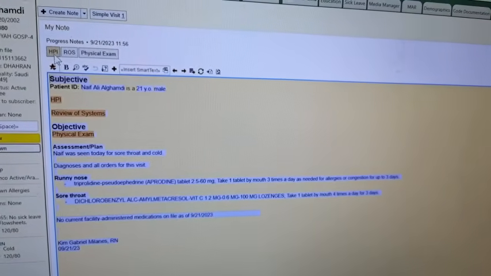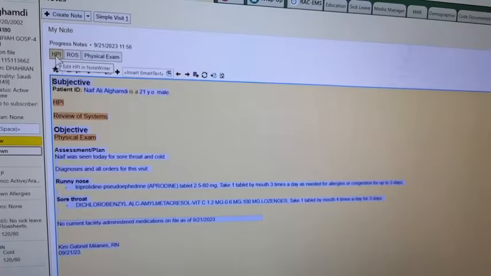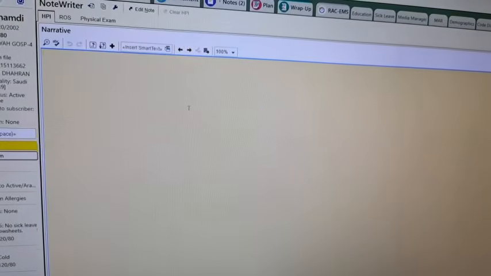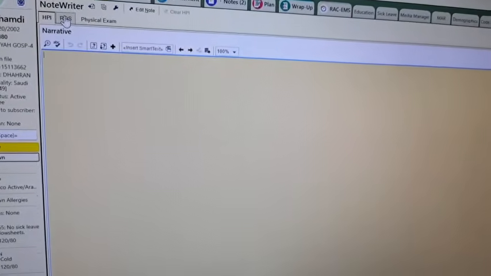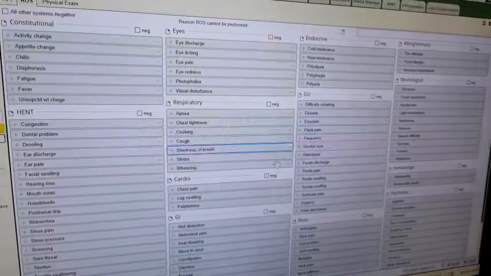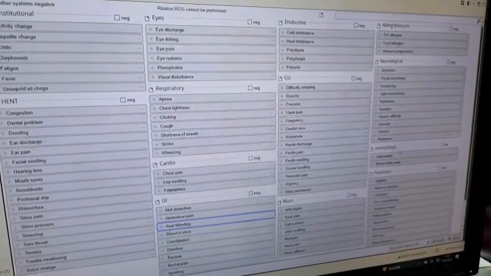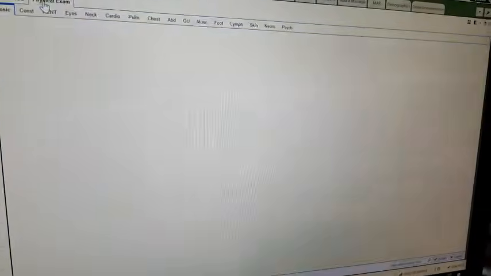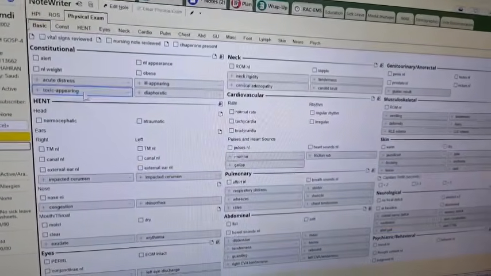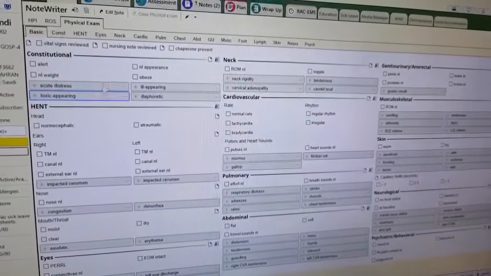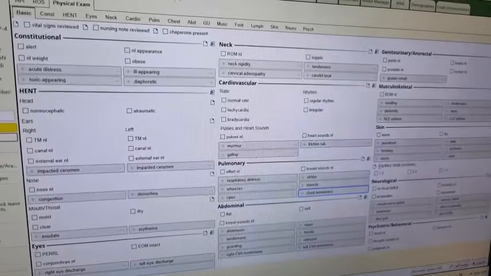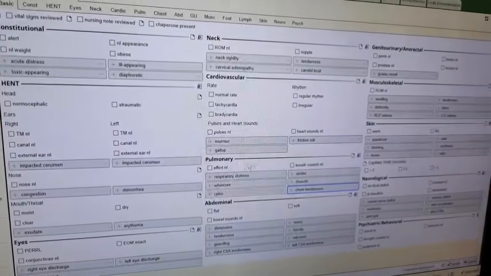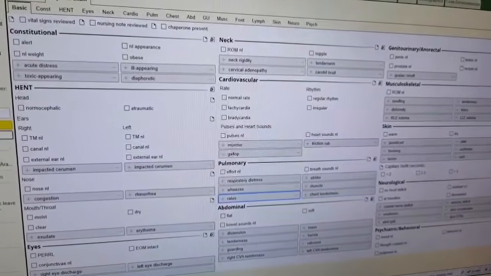In the template, you will see this HPI, history of present illness. Just put a simple narrative. ROS, the review of systems, just tick all the findings you see based on your assessment. Physical exam, same as ROS, just tick all the findings you see in the assessment.